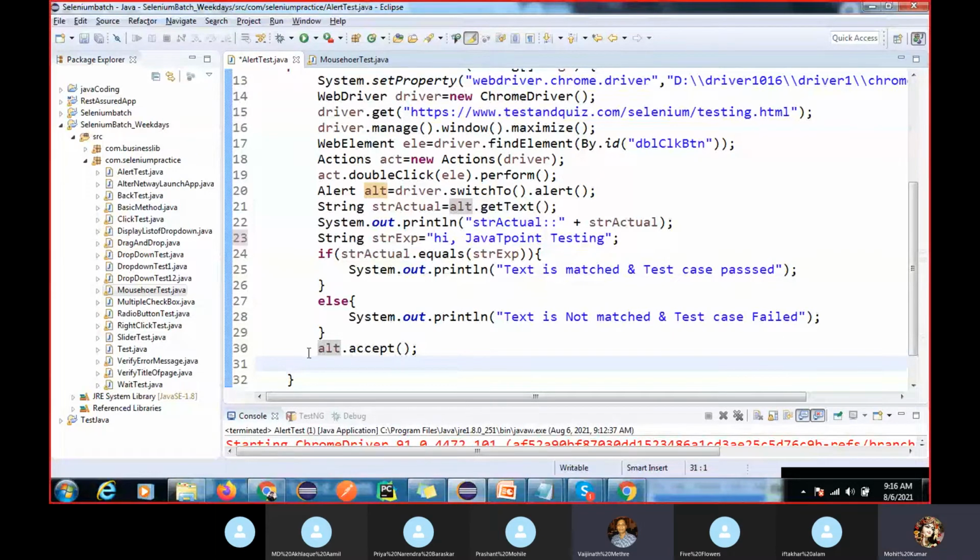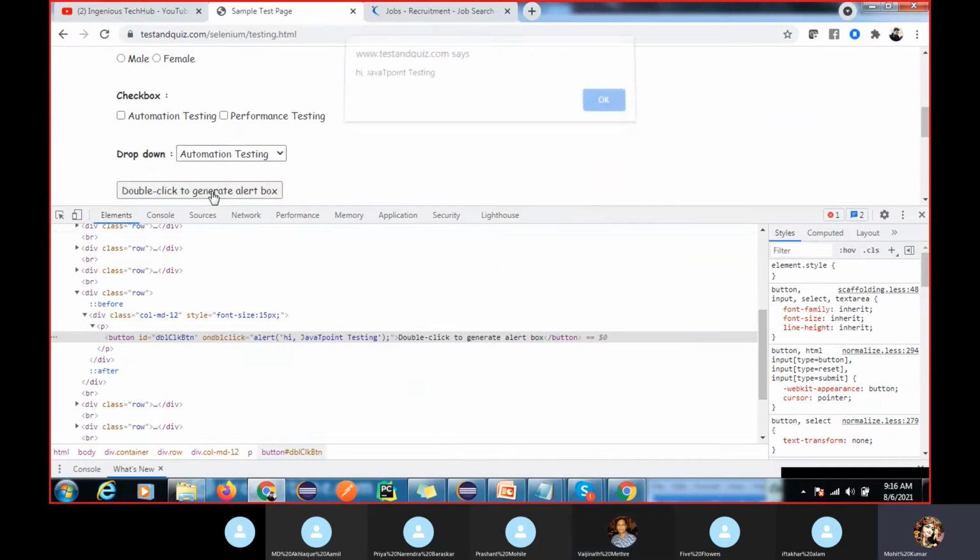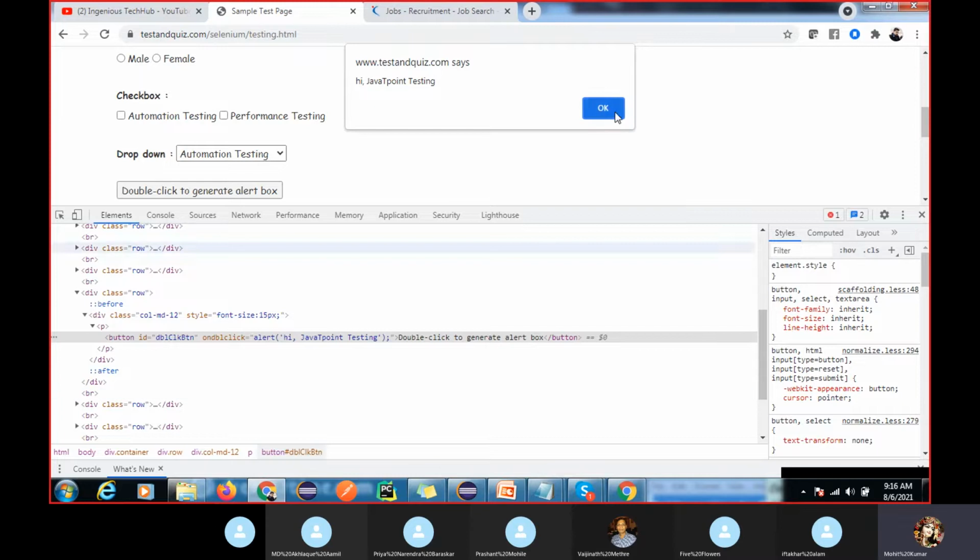If the three buttons are there, and if it is a cancel button, then you have to use the dismiss method. Otherwise, you can use the accept method. It will work then, but you have to take care whether the okay button is there or the cancel button is there. If it is cancel, then you have to use dismiss.